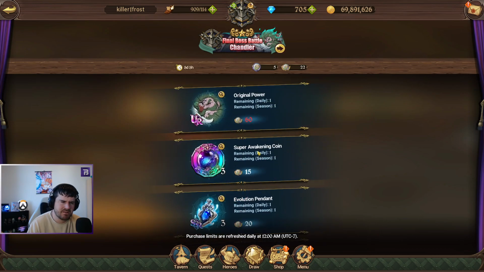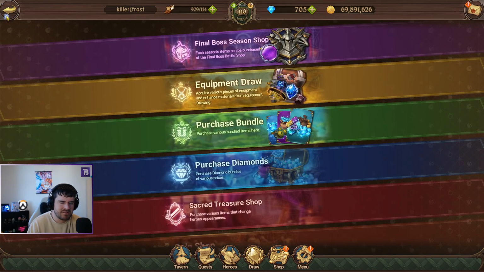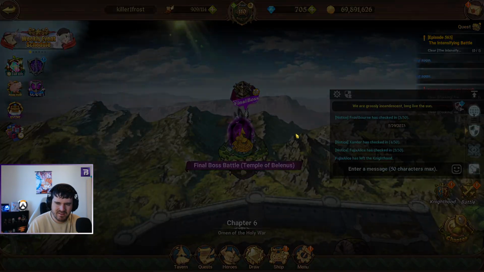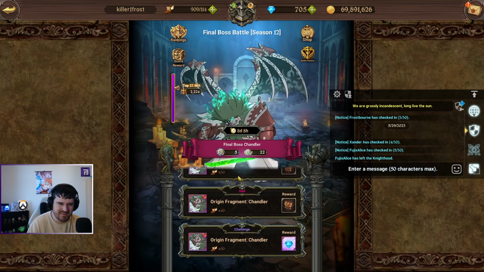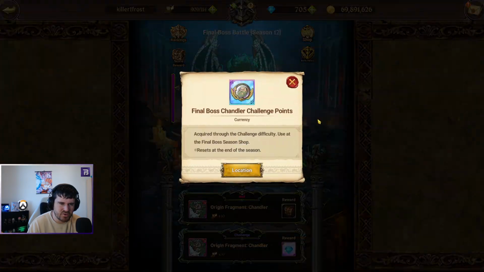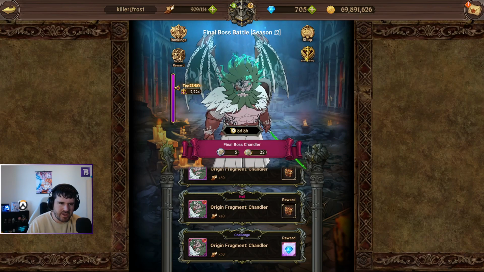Wait a minute. Am I missing something? You don't have the diamond for the clear yet. You have 22. But then in the shop, you have...